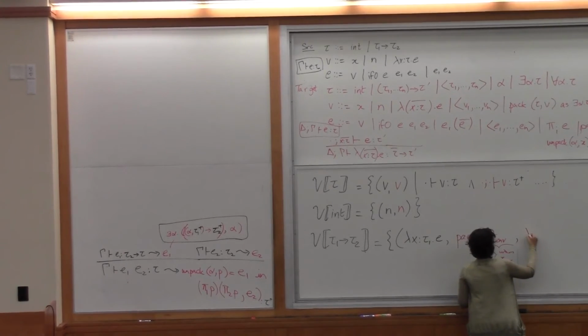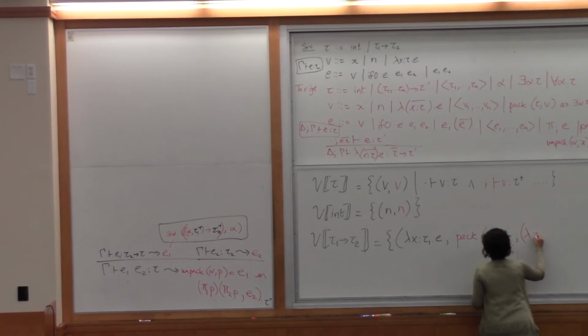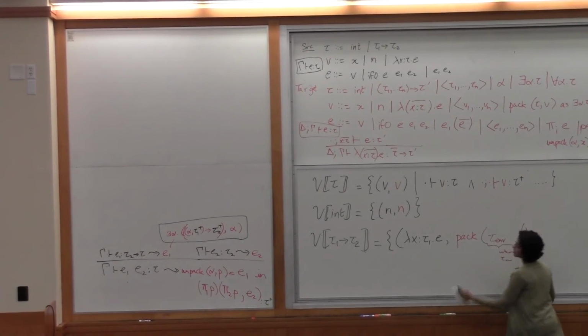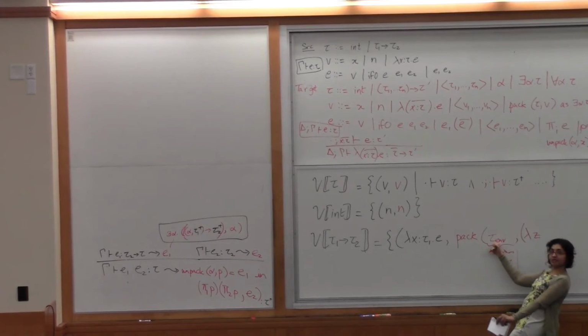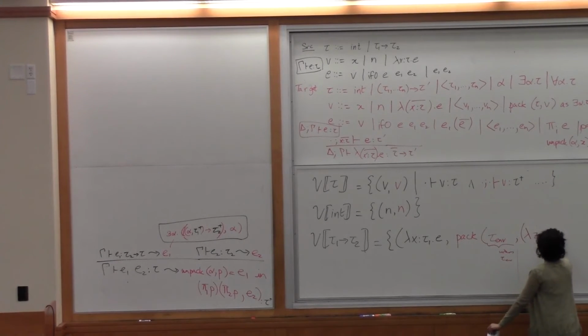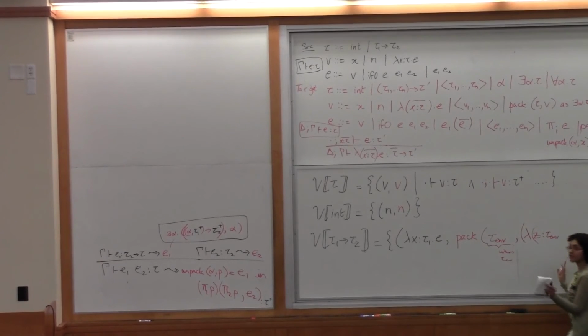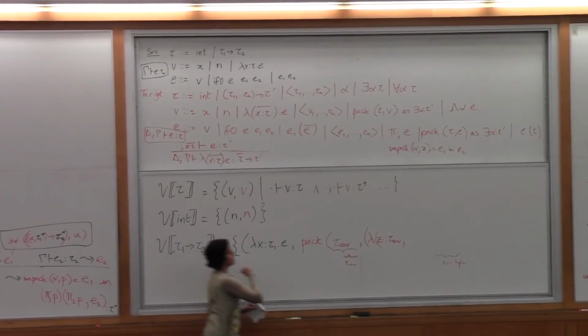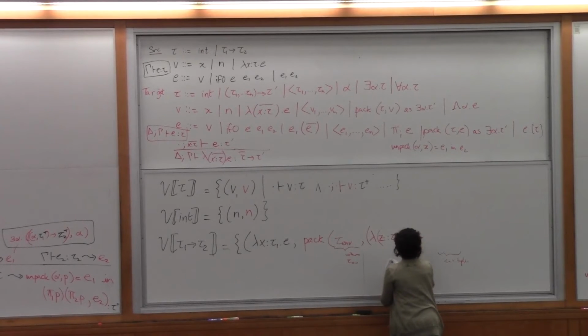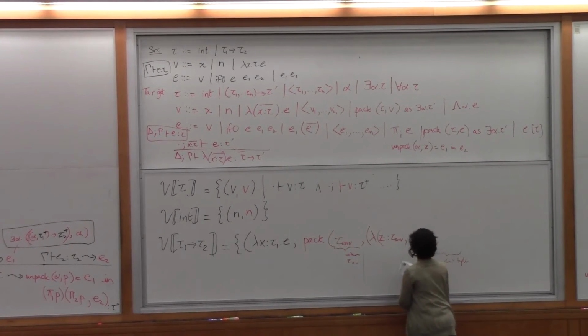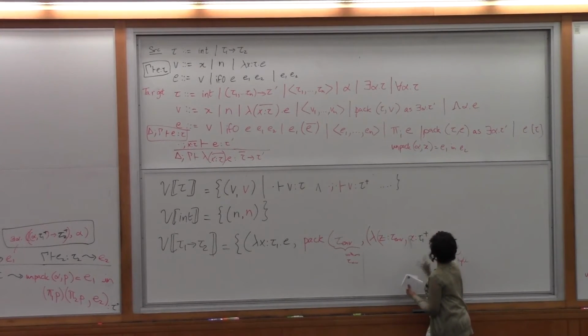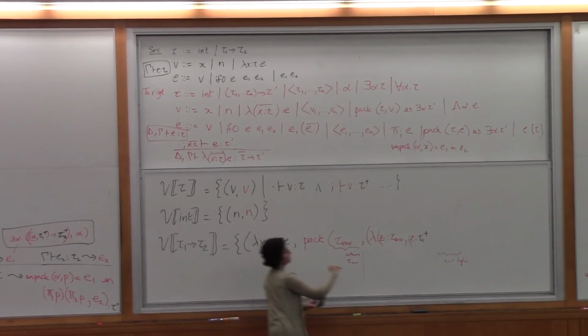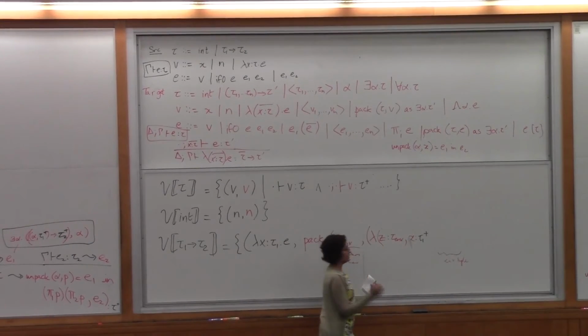So I said that it has to be a value, so it has to be a function. We know that this function has to take two inputs. The first one is an alpha. An alpha needs to be replaced by its witness type, tau n. So it needs to take whatever this tau n is, and we don't know what it is. It will take that, and then it has to take something of this tau 1 plus, the translation of this argument. So, x colon tau 1 plus. So notice this is taking a black x of type tau 1, this is not taking a red x of type tau plus. Okay,